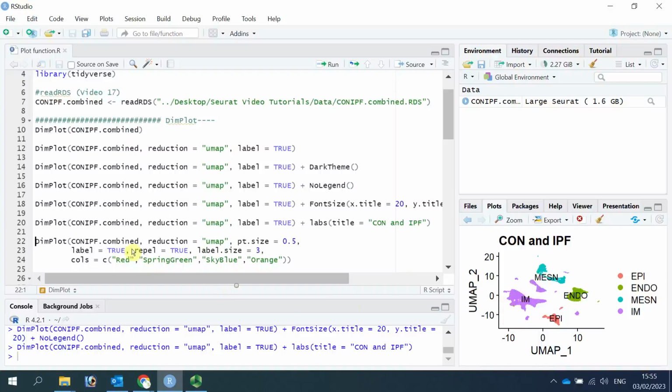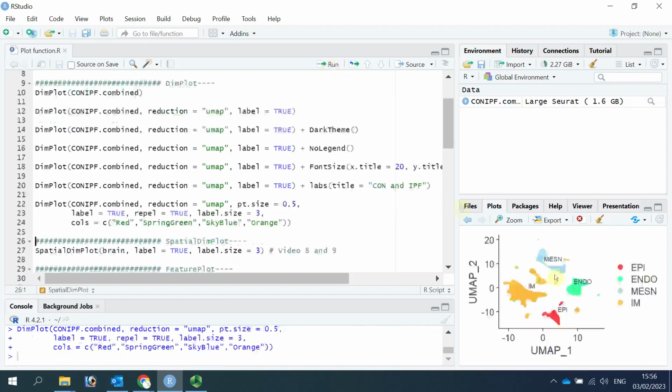You can also put a repel tool if you have lots of clusters to label, or you use longer names for each cell cluster, to avoid the letters overlapping. So we can run this one. You can see the difference. Now you can see the color changed for the cell clusters, and also the labeling size for the letters is changed.